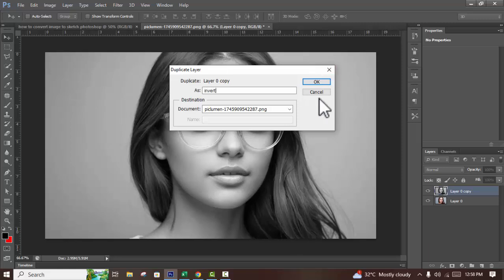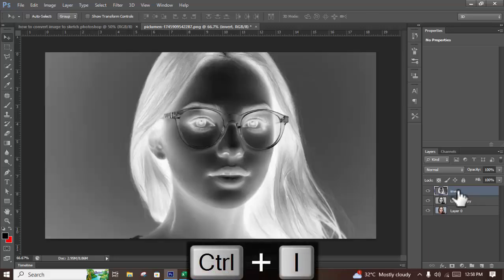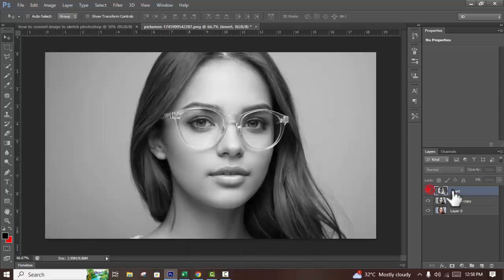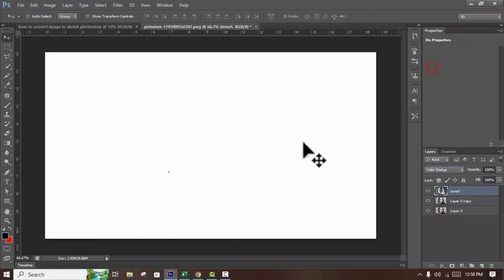Invert. And again, step 5, press Ctrl I. Step 6, select the inverted layer and set the blend mode to Color Dodge. Okay, then step 7,